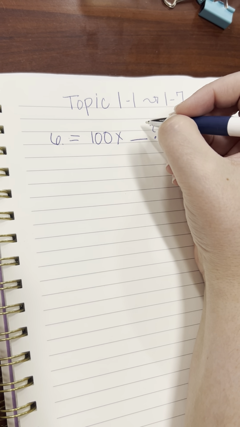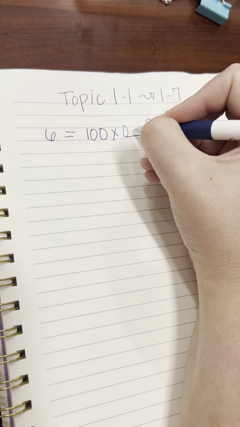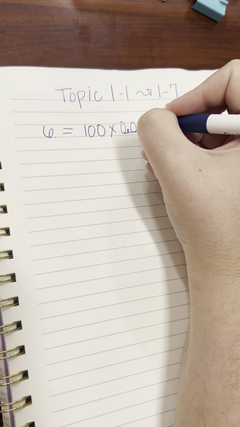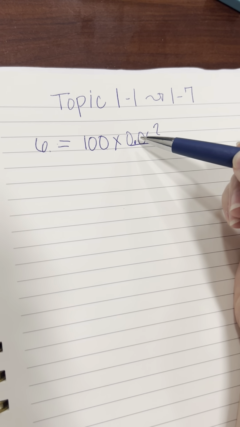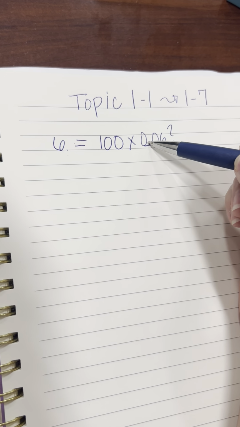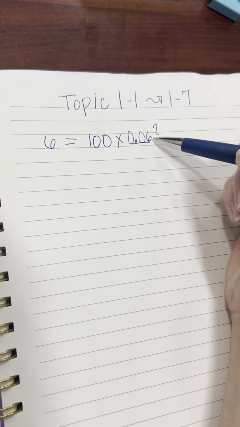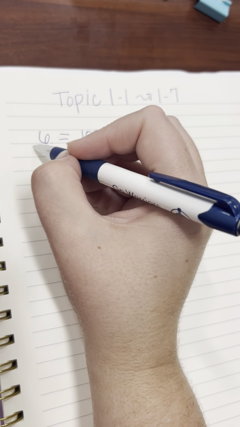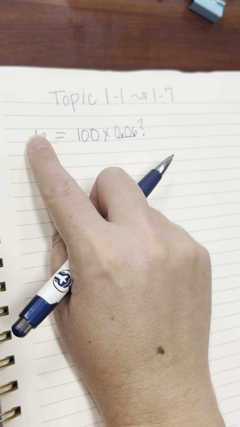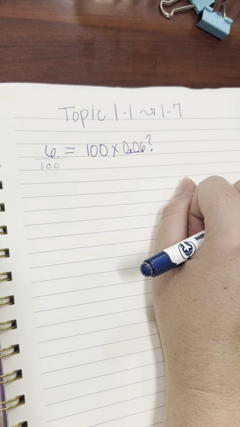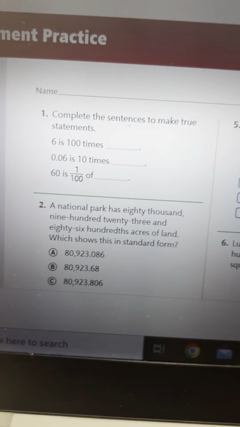So this answer is going to be 0.06. So if I multiply this times 100, this decimal is going to be moved 2 times, 1, 2. Okay, this also meant that this equaled 6 over 100, which also equals 6/100. Okay, the next one says